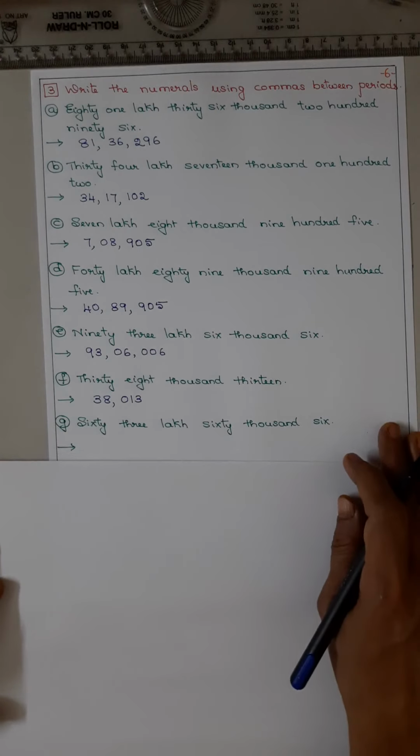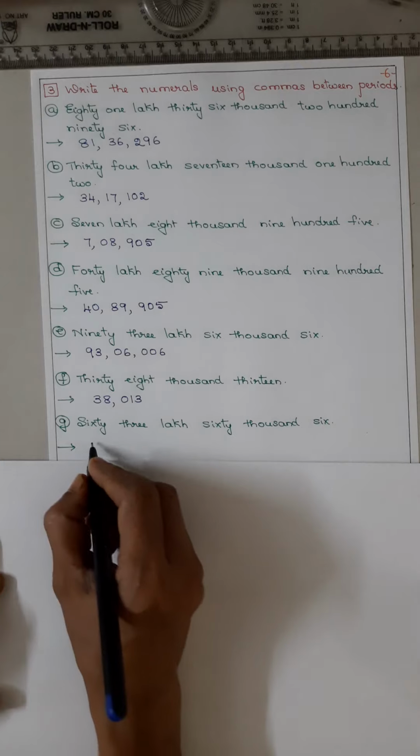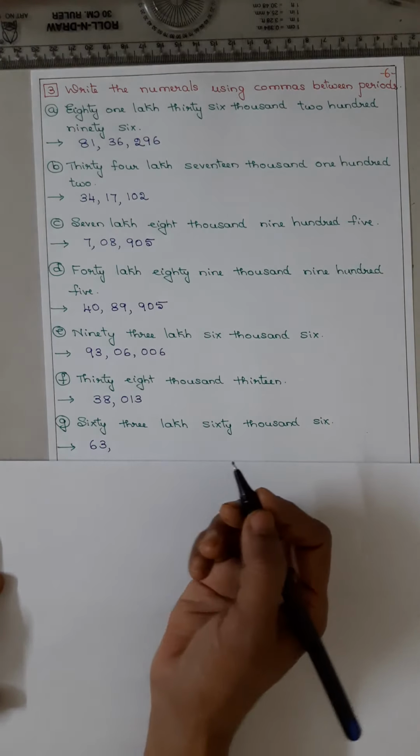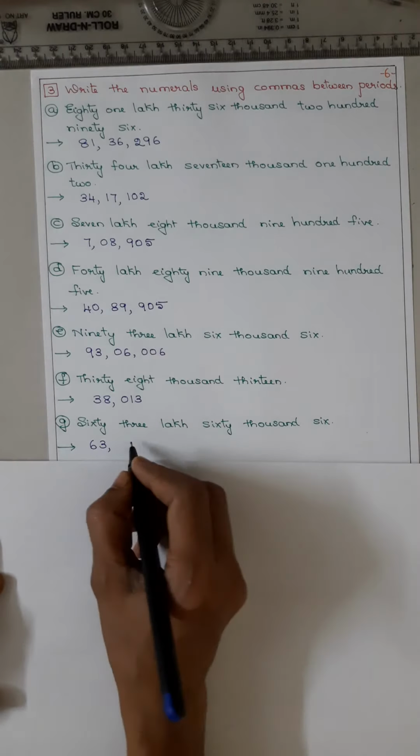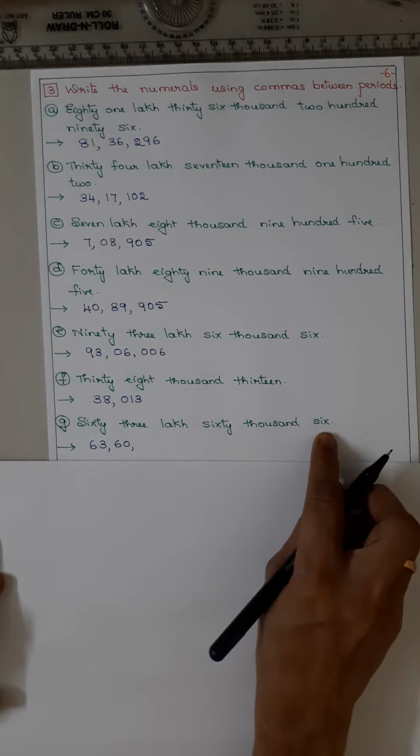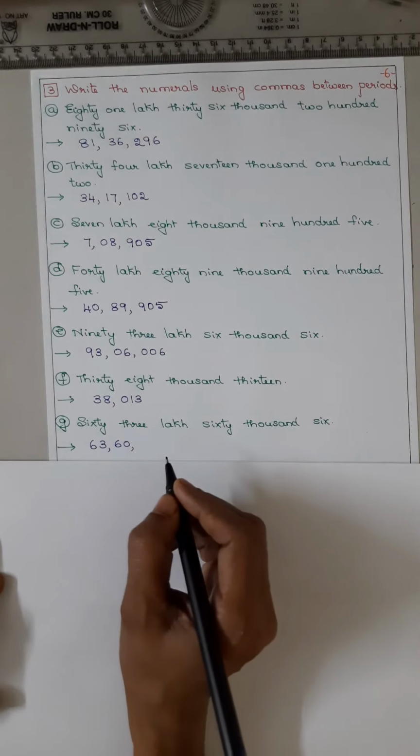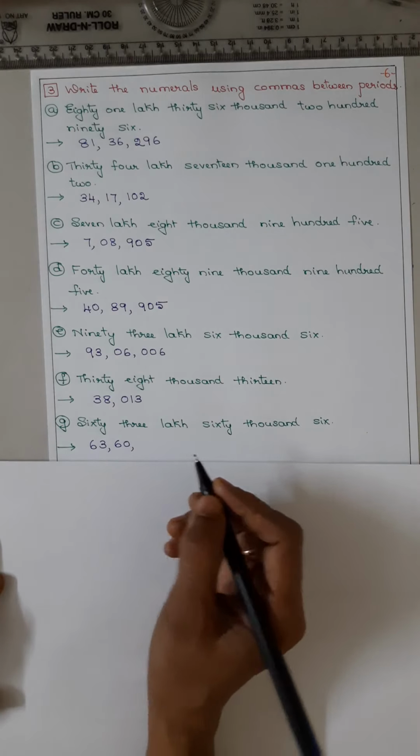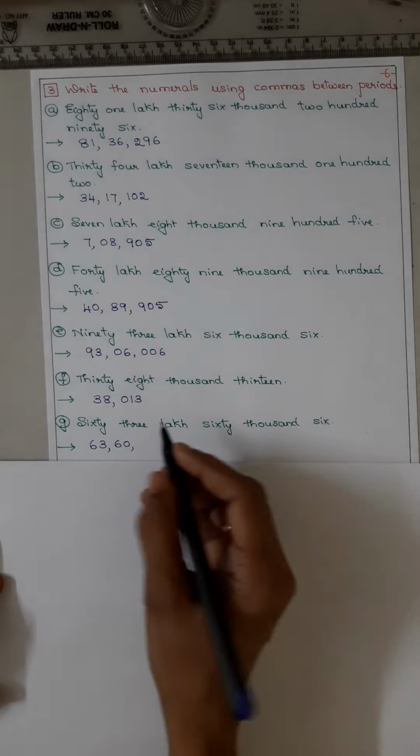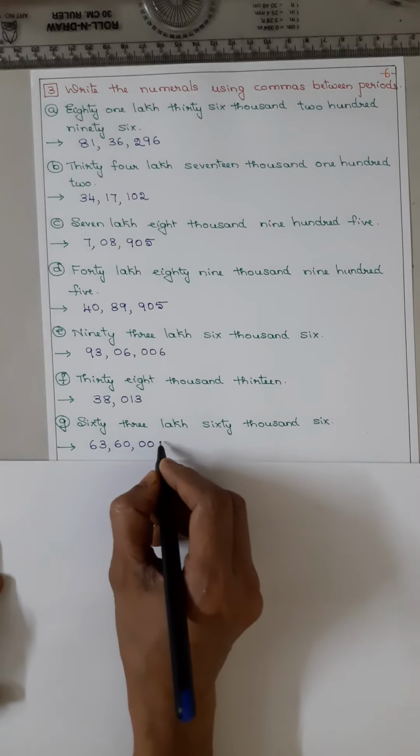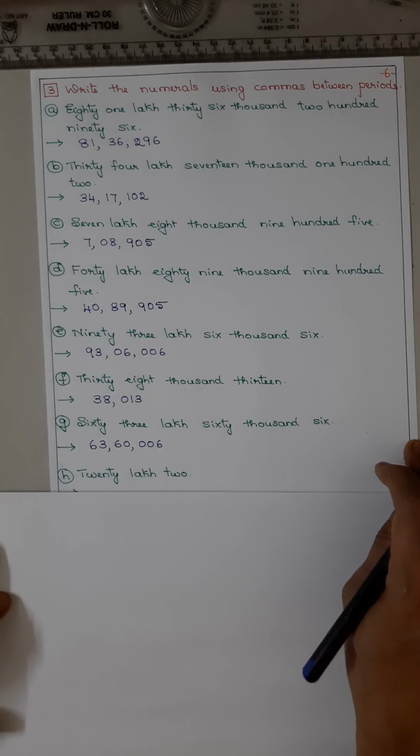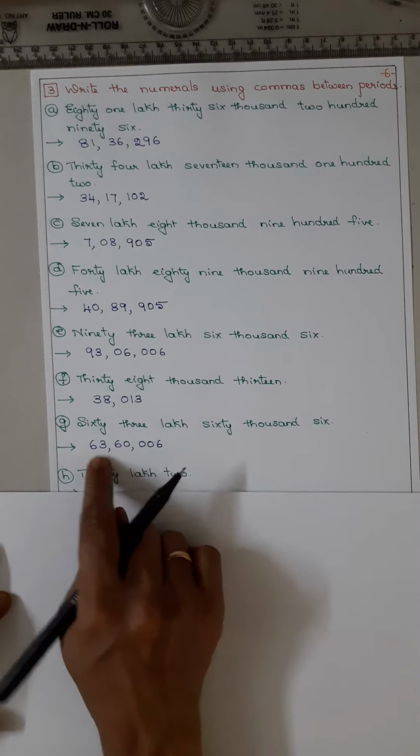Next 63 lakh. 63 lakh 63 comma 60,000, 60 comma 6. It is 60,000 006. Now coming to 63 lakh